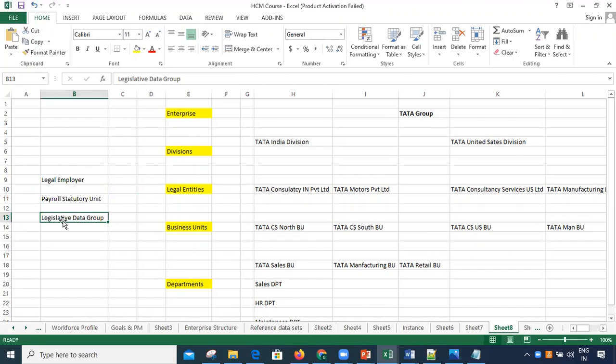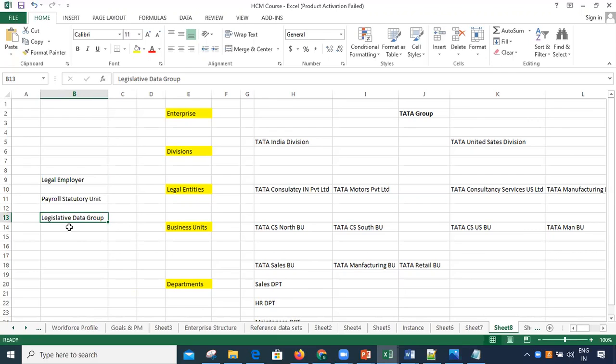The third one is the legislative data group, LDG. This is the localized payroll partition. In the Fusion application, for certain countries like the UK, United States, some parts of India, Saudi Arabia, China, and Canada, predefined functionalities are given by Oracle.